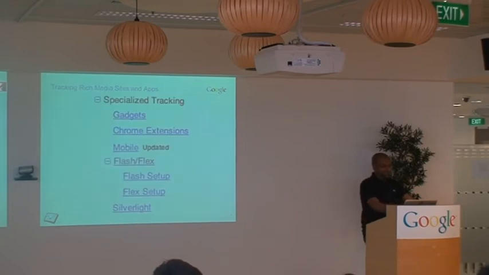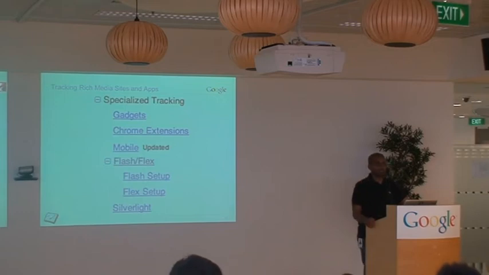Okay, so that's event tracking, and that's really the crux of allowing you to track your applications that are running on other platforms. If you go to code.google.com and then you go to analytics, you'll see we have a section called specialized tracking, and it walks you through tracking applications that are not traditional websites or web applications, and how you would get that information into Google Analytics.